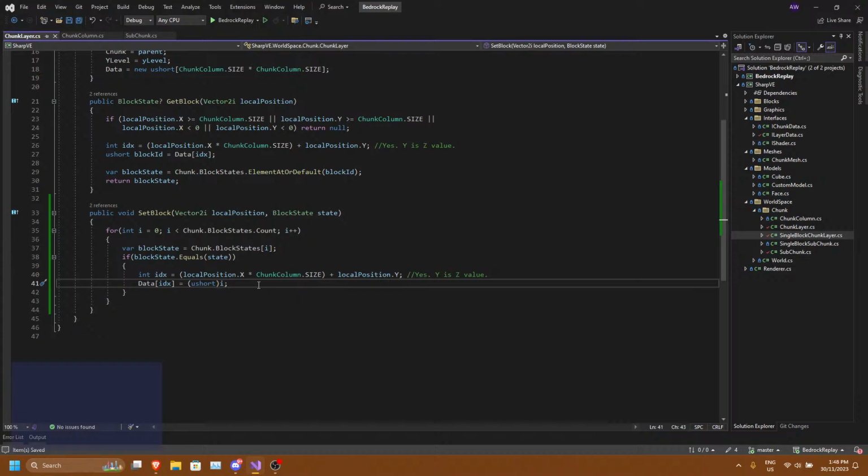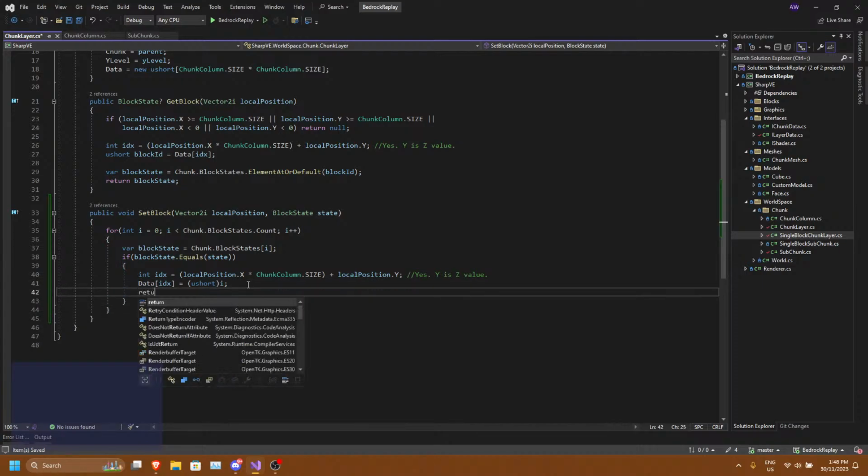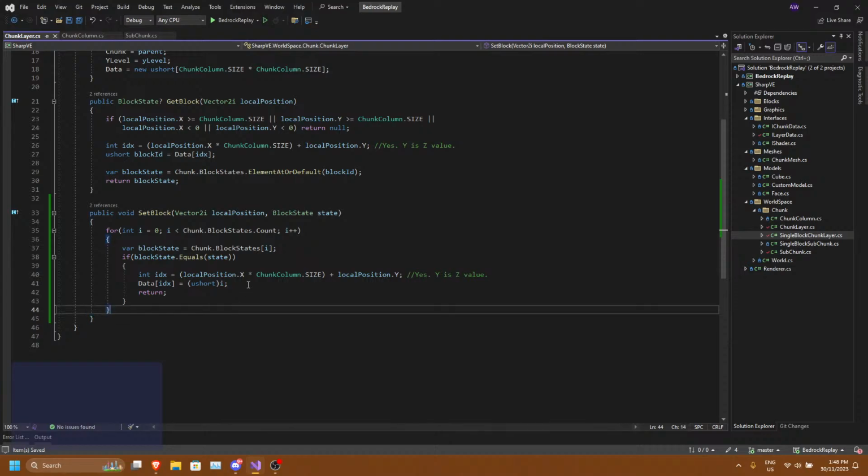Oh no, that won't work, will it? Oh no, actually, that will work. We're just setting the data point for the index of that block state to where it is, if that makes sense. So hopefully that works. And then we just return if it does find one. Else, we need to do something else, which I had to think about for a while.